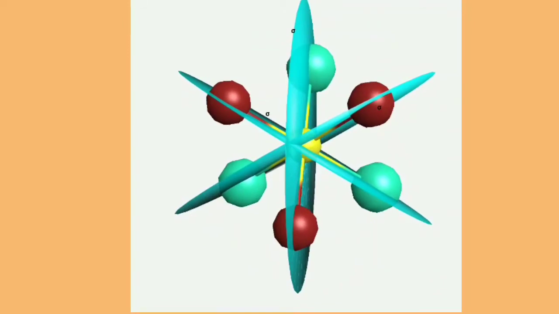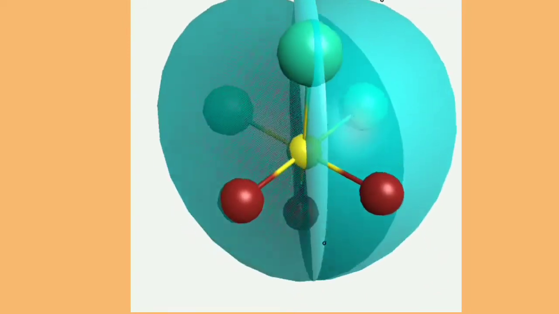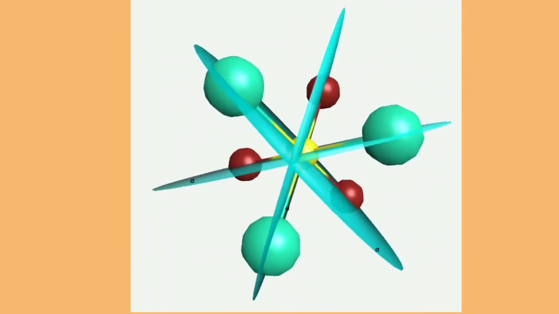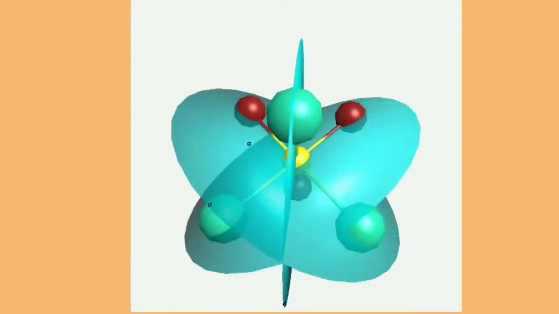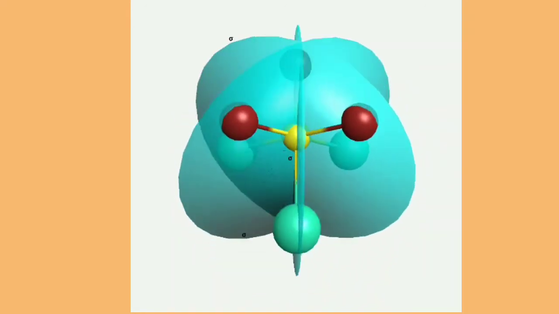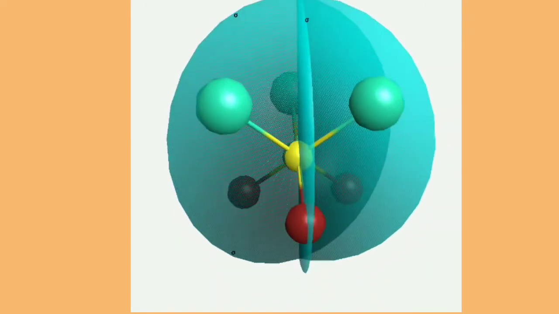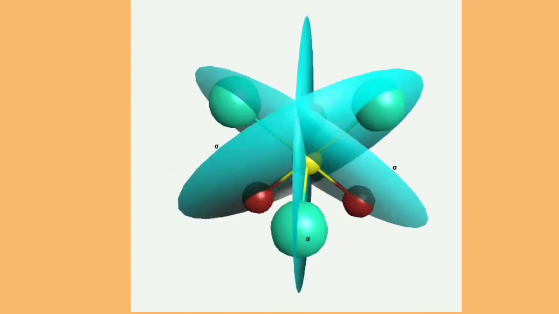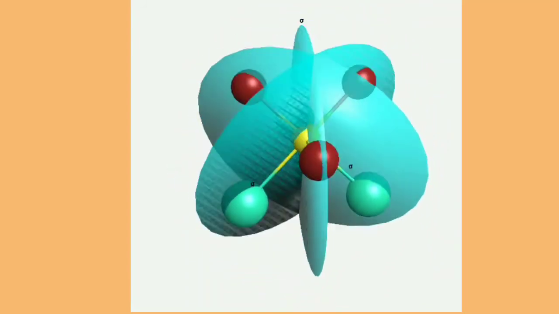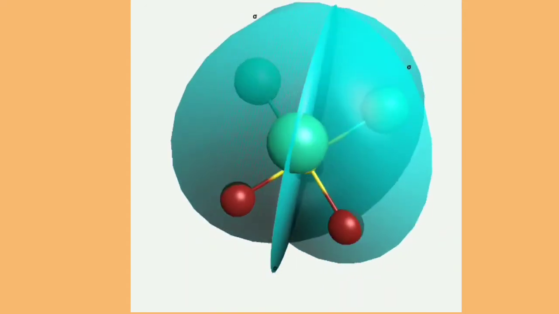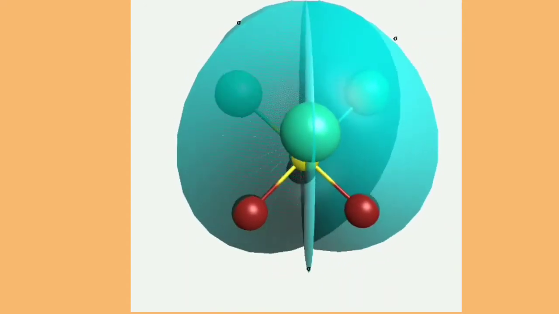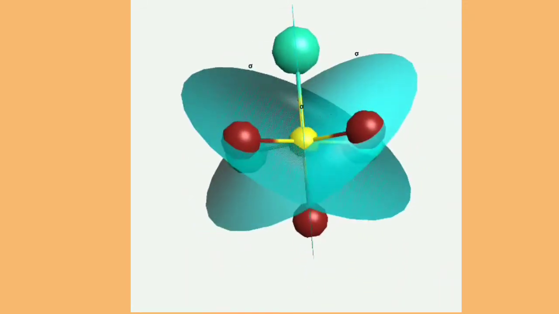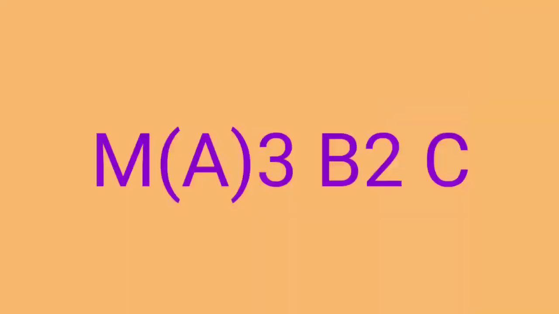And second plane, you can check, it has one A, one B, and it is bisecting 2A and 2B also. Similarly, you can check third plane of symmetry. It is also bisecting. So it has symmetry. When a molecule has symmetry, it cannot represent optical isomerism. So the cis isomer is optical inactive. It will not represent optical activity.